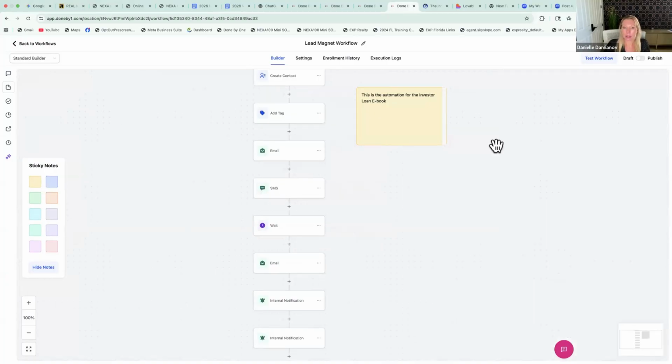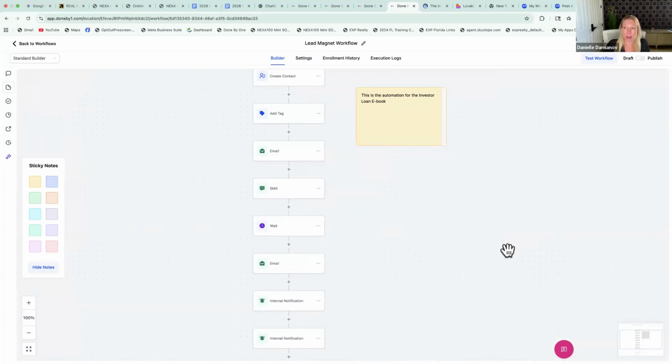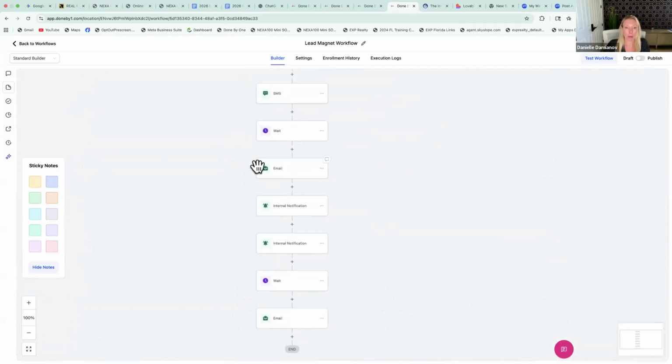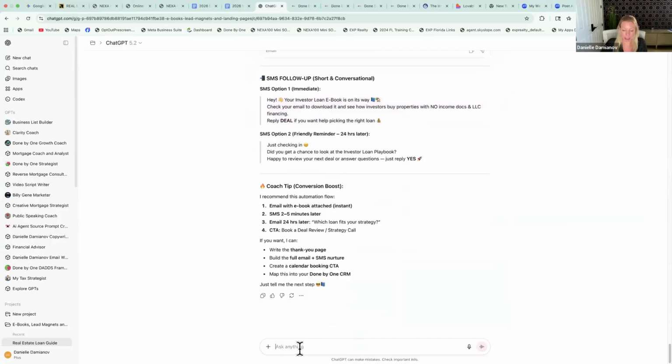Okay, so now we got the text message, we have the email, the text. Now this is waiting. So now we're going to wait 5 minutes. Let's wait a day, right? Let's just wait 1 day and make sure that they got it. And I'm going to show you something with there. So here's the email. Let's have ChatGPT do a follow-up email and SMS just to make sure they received the